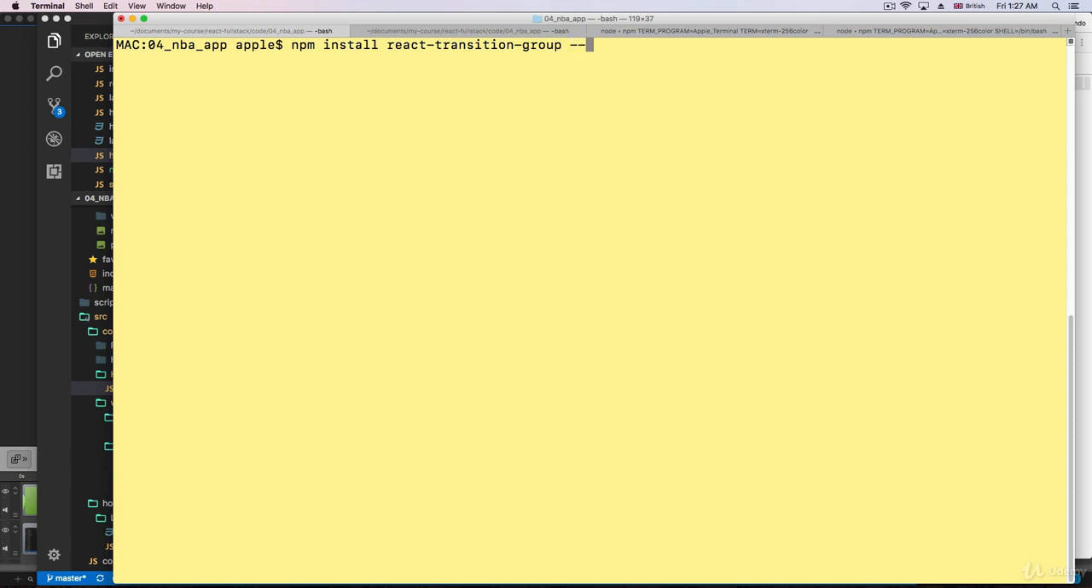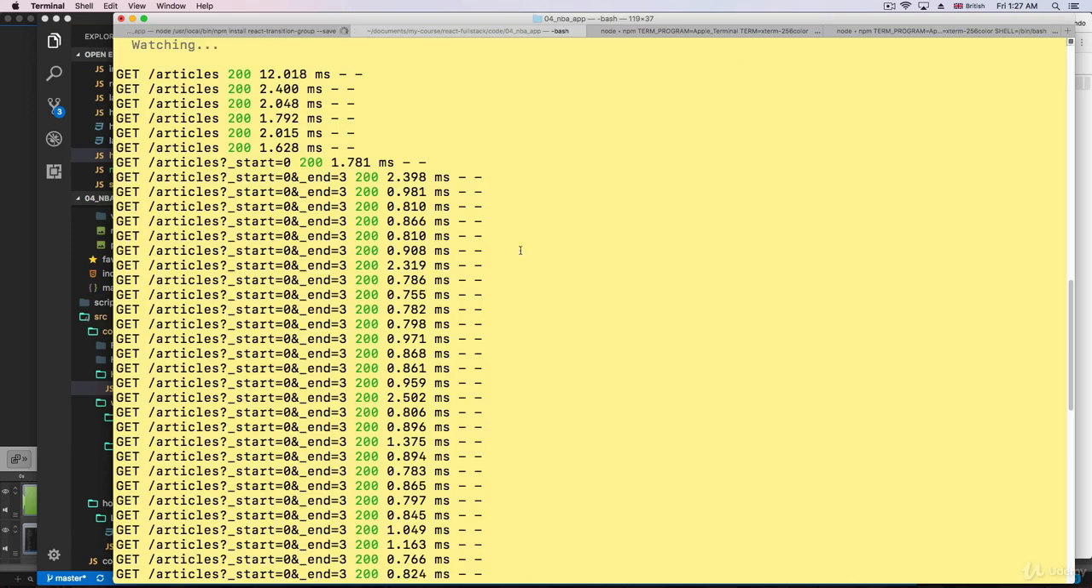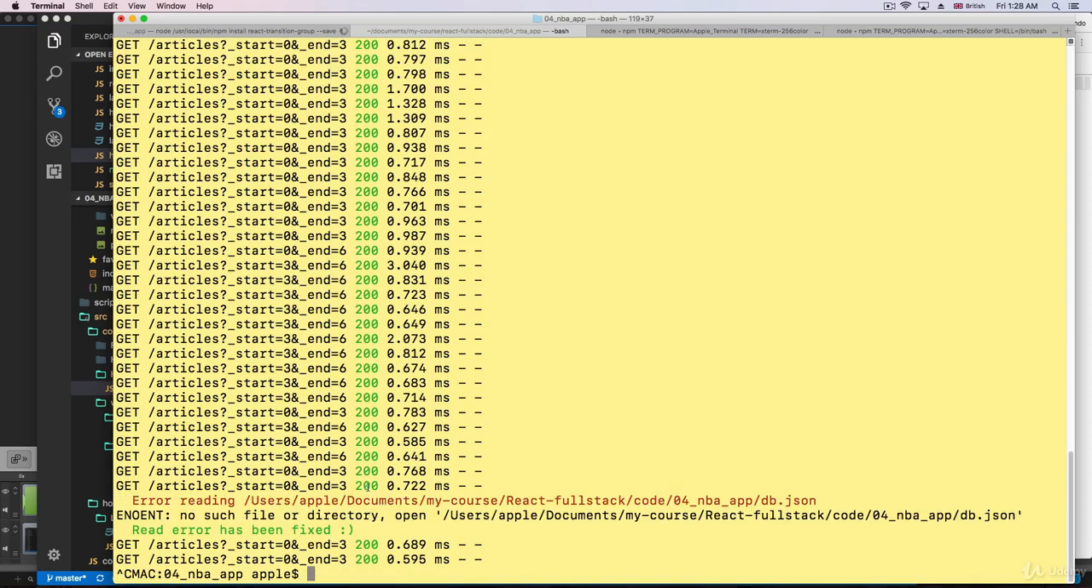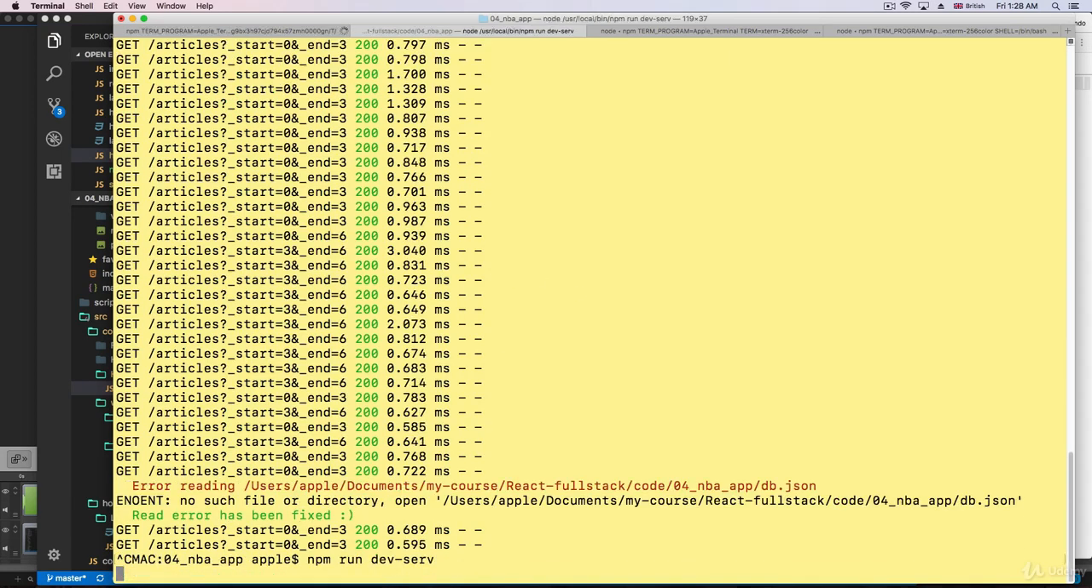There we go, and it's --save. Gonna press enter. It's gonna take a minute. Meanwhile, I'm gonna restart this one. I'm gonna say npm run dev serve,